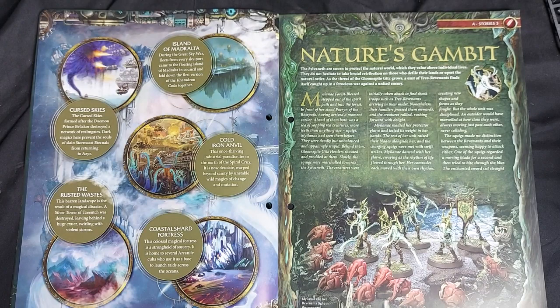Moving on then, we got a brand new story. So, our third story, apparently, looks like it. So this is Nature's Gambit. The Sylvaneth are sworn to protect the natural world, which they value above individual lives. They do not hesitate to take brutal retribution on those who defile their lands or upset the natural order. As the threat of the Gloomspite grows, a unit of true revenants finds itself caught up in a ferocious war